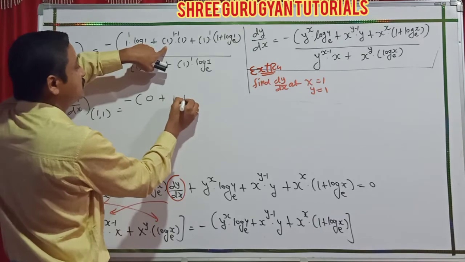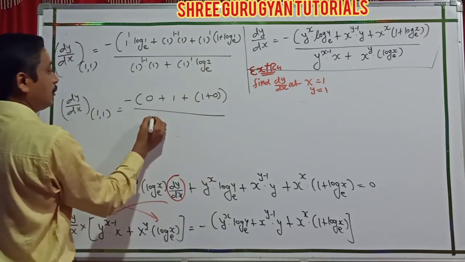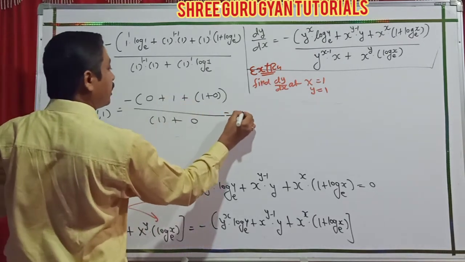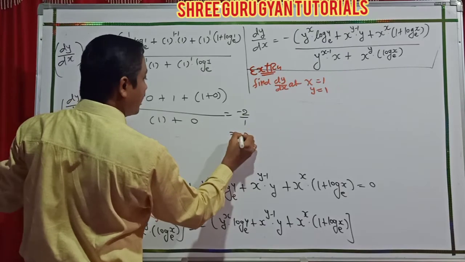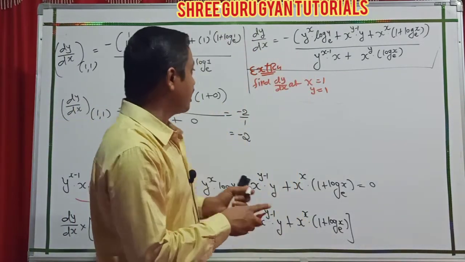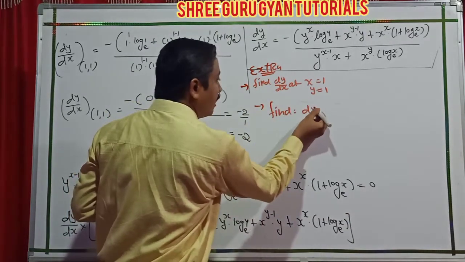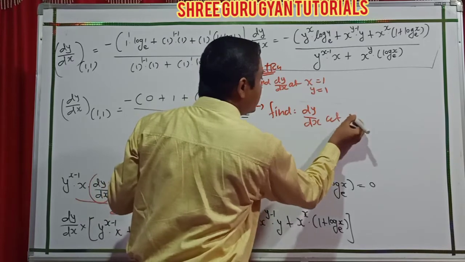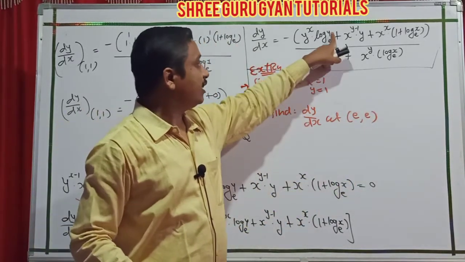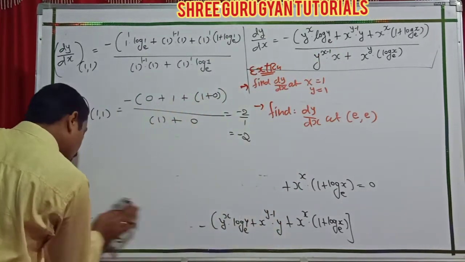It is 1. Here log 1 is 0. So 1 plus 0, upon here 1, log 1 is 0. It means your value is 1 and 1 into 2, minus 2 by 1. Yes, that case is minus 1 by 2. Sometimes in exam students are asked to derive dy by dx at a different value, at e comma e. Because here applying e comma e, log e base e is also 1. So I will give one more explanation